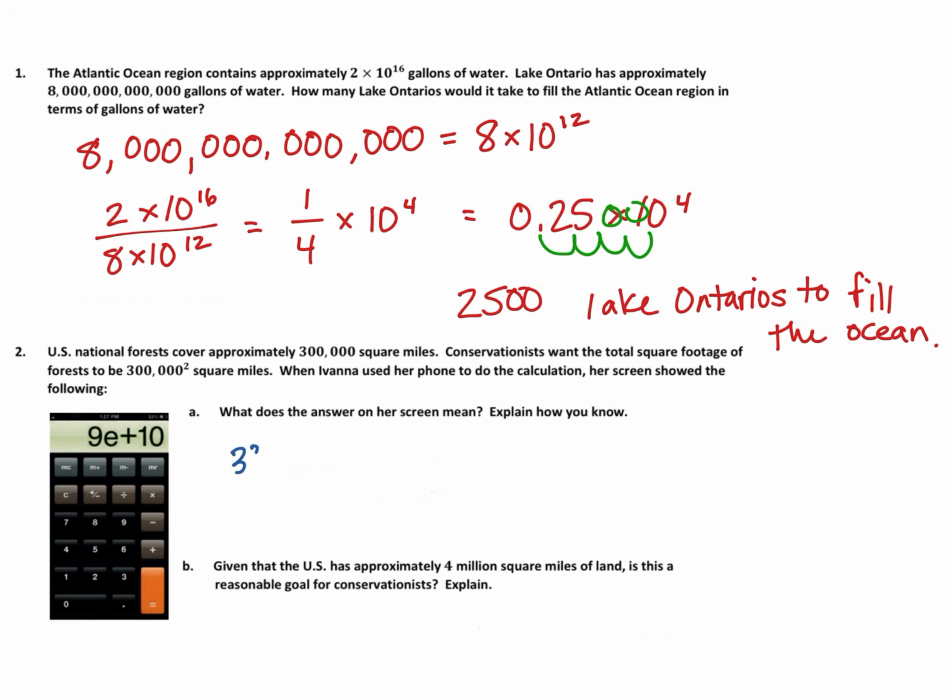Okay, well, if we did 3 squared, that would give us 9. And there are 1, 2, 3, 4, 5 zeros in it. So if we doubled that, that would give us 10 zeros. So if we took 3 times 10 to the 5th, because there's 5 zeros, that's how we would rewrite it, and we squared it, well, the 3 squared would give us 9. And when we have an exponent to an exponent, we multiply those exponents, so it would give us 10 to the 10th. So this screen means 9 times 10 to the 10th